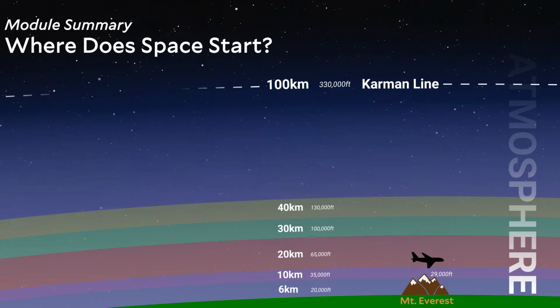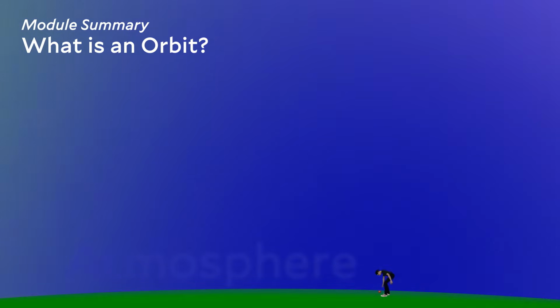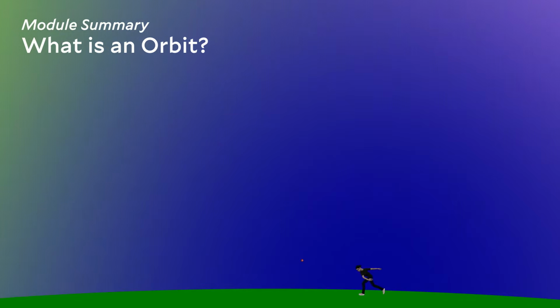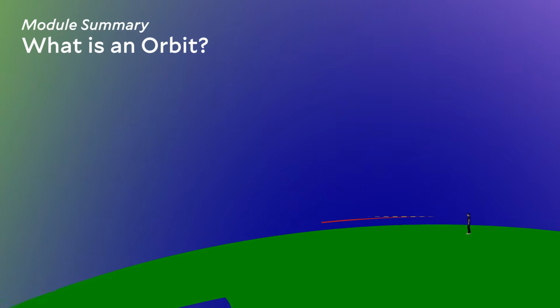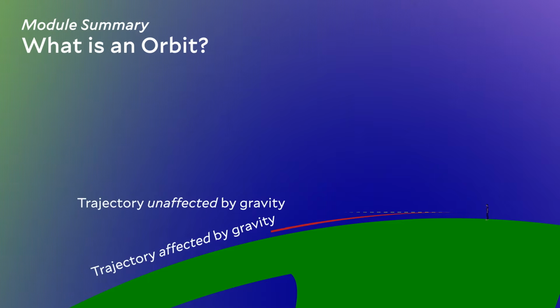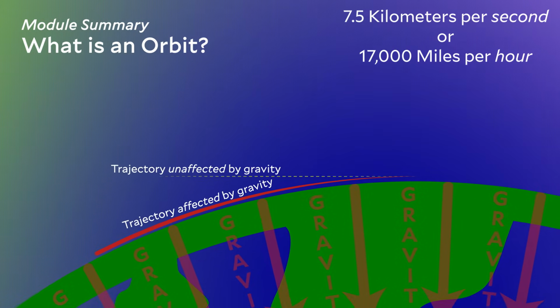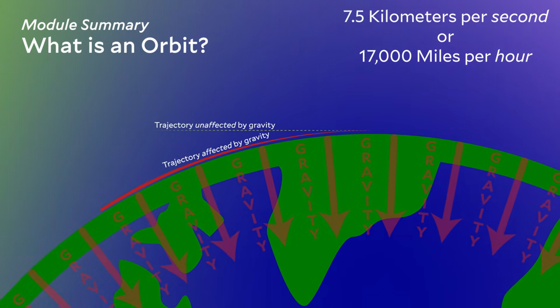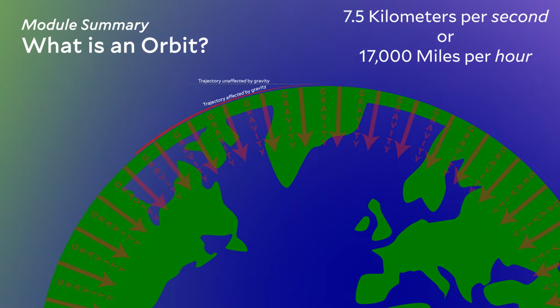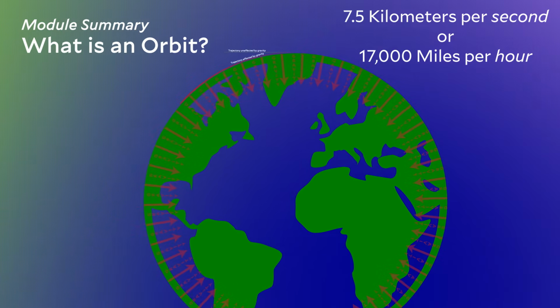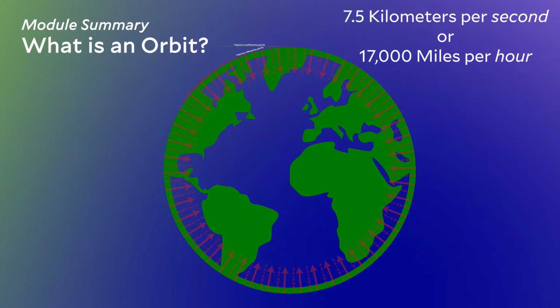An object in orbit is in free fall around the Earth. And a satellite is similar to a ball being dropped, but in order not to hit the surface, the satellite needs a huge amount of horizontal speed. For an object in orbit around LEO, it needs to be moving at 7.5 kilometers a second or 17,000 miles per hour. And the speeds to orbit in MEO and GEO are similarly fantastic.